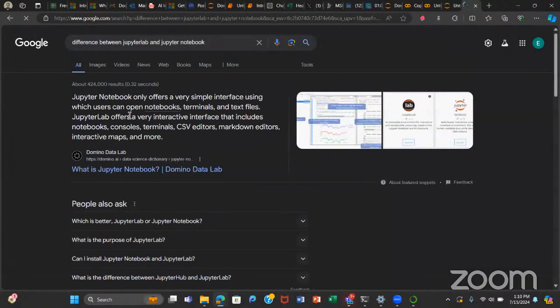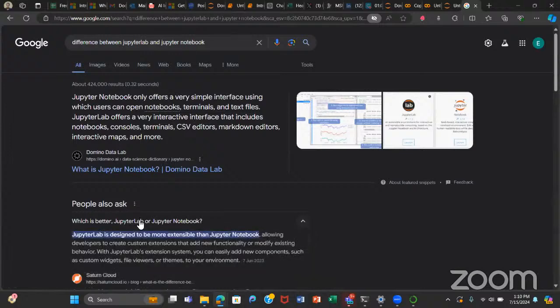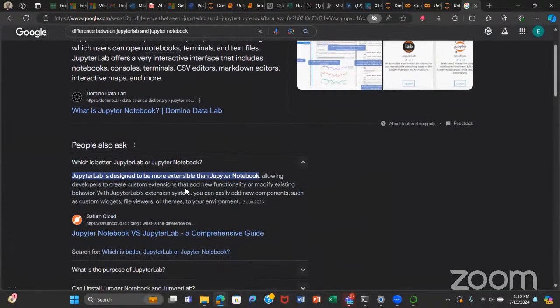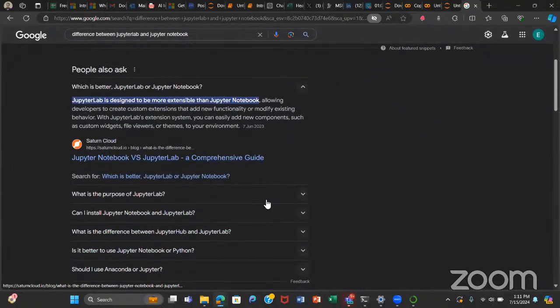Let's see. You see here, we can create custom extensions or API functionalities and all that stuff.